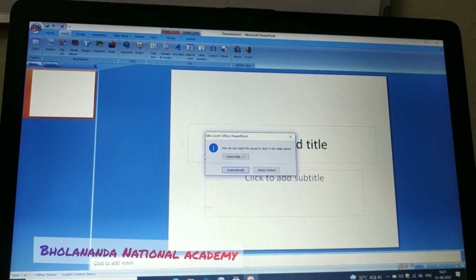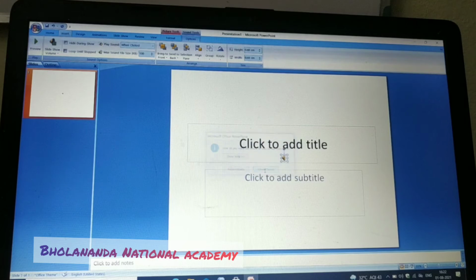After pressing OK, you can see a dialog box appear, which asks how you want the sound to start in the slideshow, whether automatically or when clicked. If I choose the option when clicked, this is the sound icon, and I can drag the icon in this way.